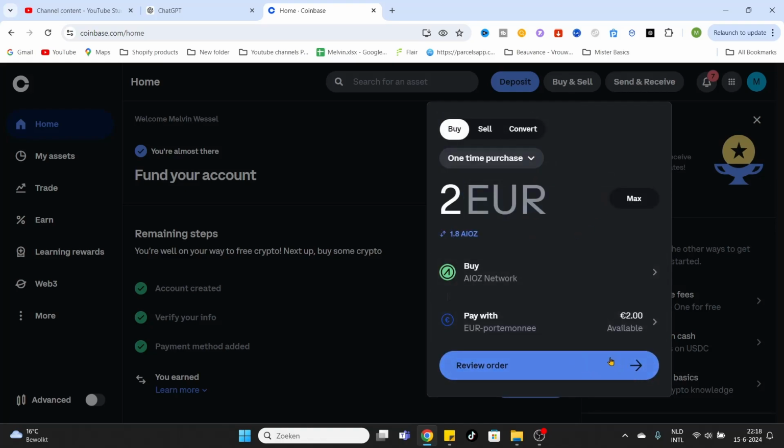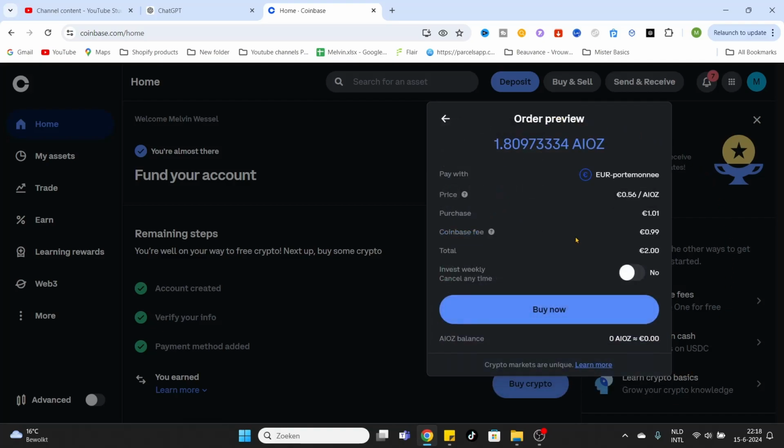Now you can click on review order and we will click on it. Now the information about this purchase will be shown. As you can see, I'm buying 1.8 coins and we are spending €1.01. The Coinbase fee is quite high, it's 99 euro cents, and the total amount is €2 which we are spending